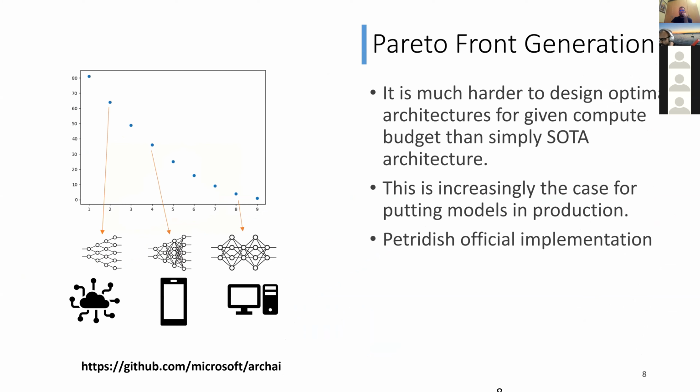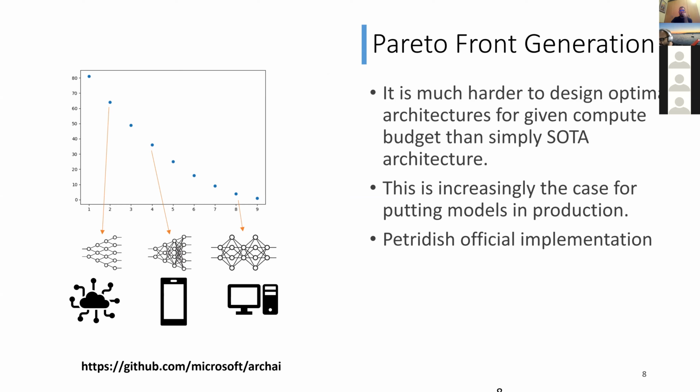One of the important focuses in Archai is not just to get the best performing architecture. In NAS benchmarks, we always wind up trying to get the best performing architecture, best accuracy.